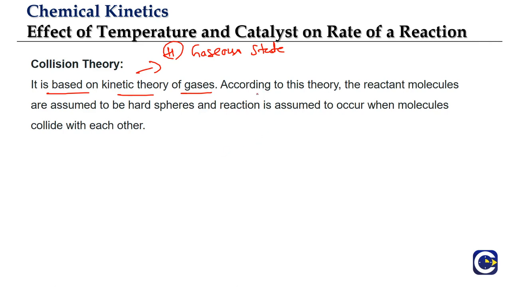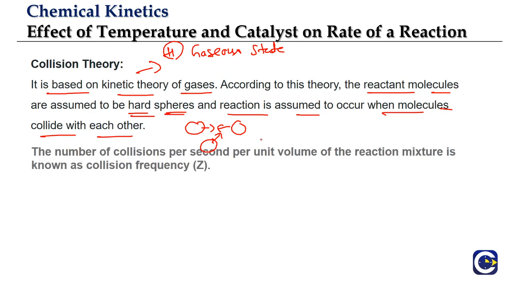And as per this theory, if we have reactant molecules which we assume to be like hard spheres, the reaction will occur between them when these molecules collide with each other. So reaction will proceed when, say for example, these are the reactant molecules. When they come and collide, then as a result of the collision, the reaction is supposed to happen. So this is the fundamental assumption of the collision theory. So collision theory assumes that the reaction will proceed when the collision between the reactant particles happens.